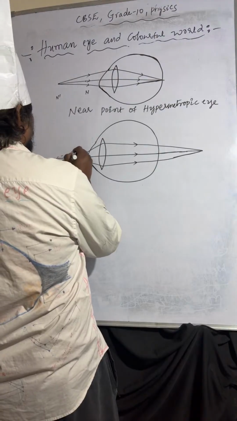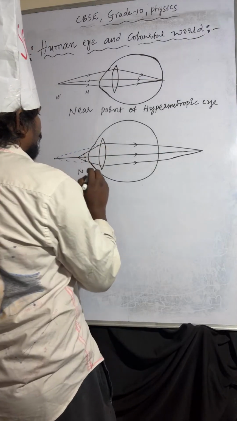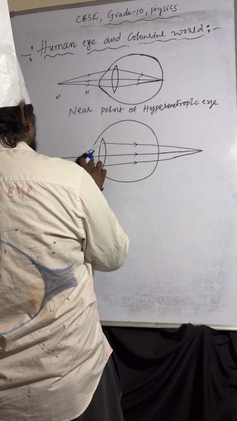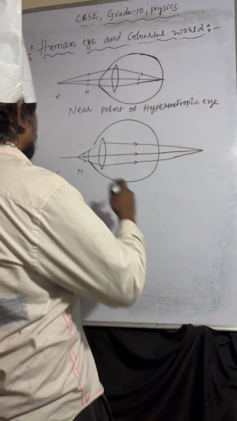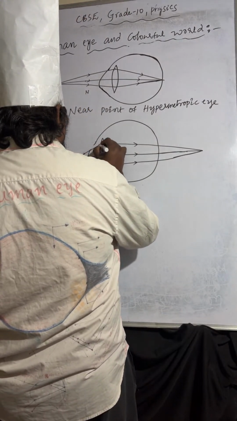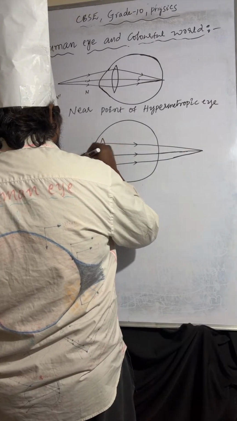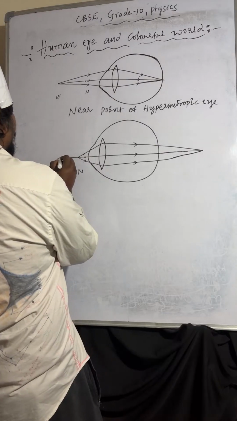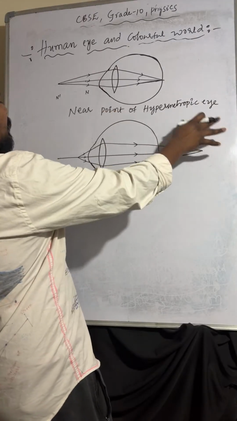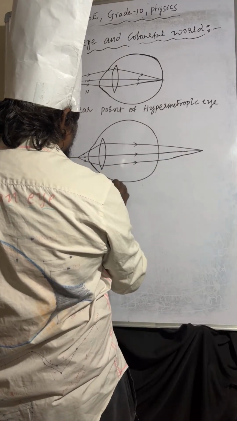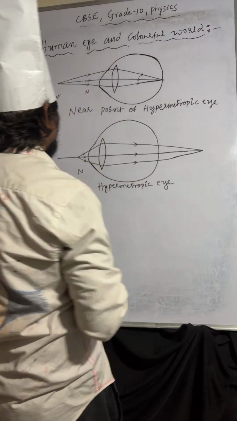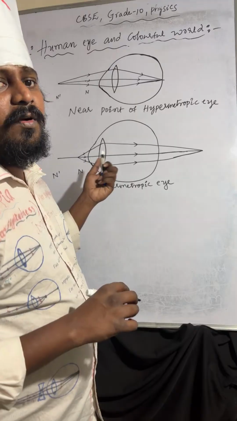So I'm taking here. This is the N dash and this is the N, the near point of the hypermetropic eye. Understood? If the light rays are coming from this point, those light rays will meet at